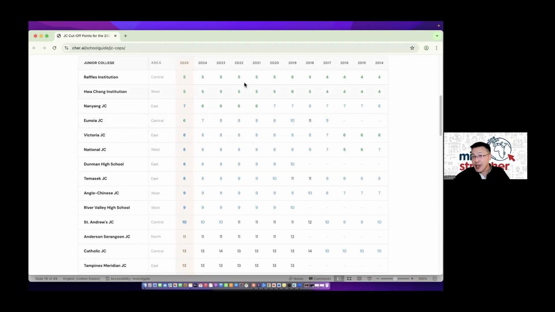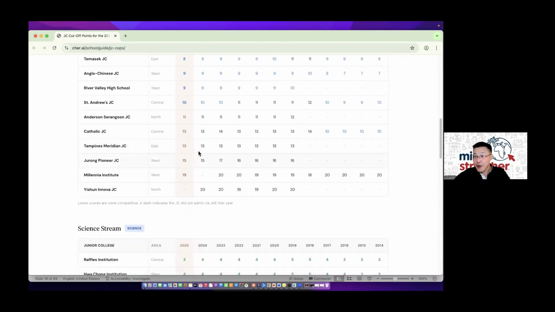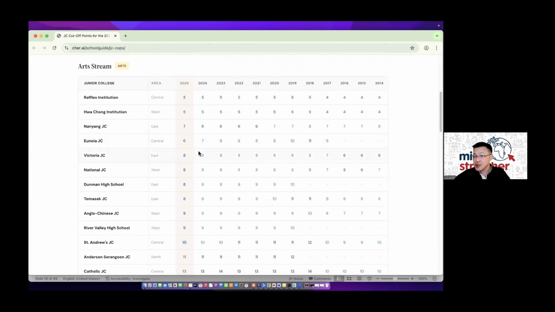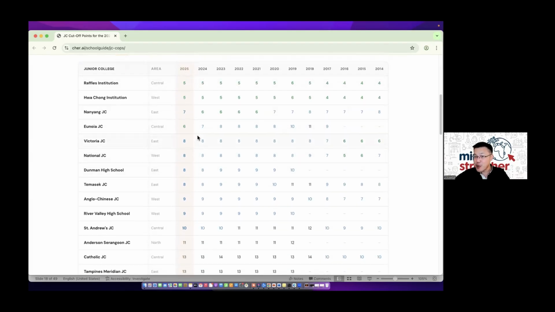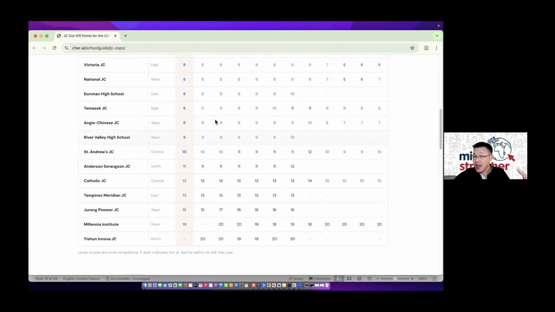The other thing is you also realize most of the time, generally in the last 5 years or so, the trend is also down. That means it's not getting easier to get in, it's getting harder, right? So generally you will see that. Very interestingly, if you just look at the art stream itself, it's pretty stable, right? So from 2024 to 2025, a lot of them held pretty stable. And that's to be expected, actually. You will see generally there's not a lot of changes, even in the score from year to year.